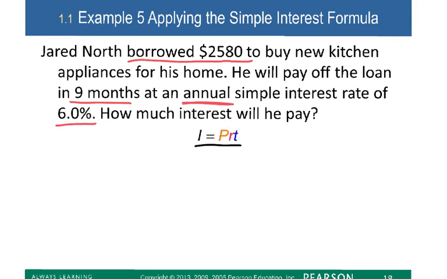So I is the amount of interest he will pay. That's what we are solving for. And we are given everything else that we need to solve for that value. The principal, like I said before, is going to be in dollar amount. So that's this up here. That's the amount of money he borrowed. And then our rate, I told you it's going to be followed by a percent symbol, so that's this 6% right here. But in our formula, we need to put it in decimal numbers. So go ahead, write it out. R is equal to